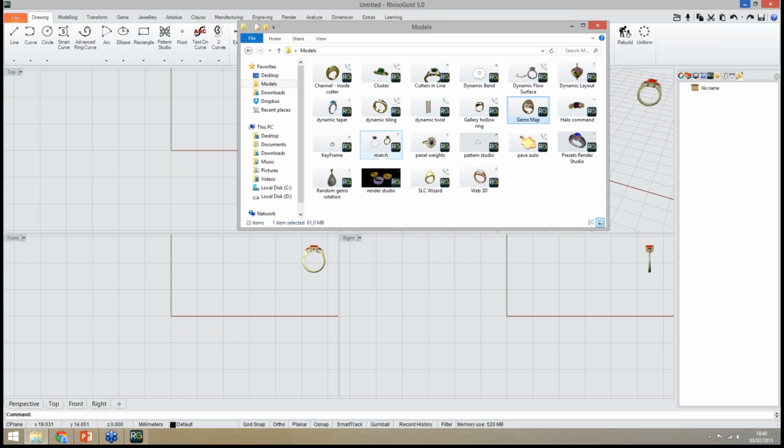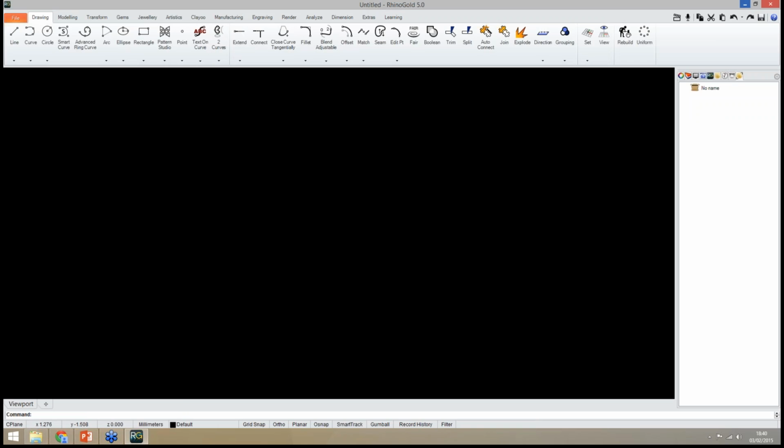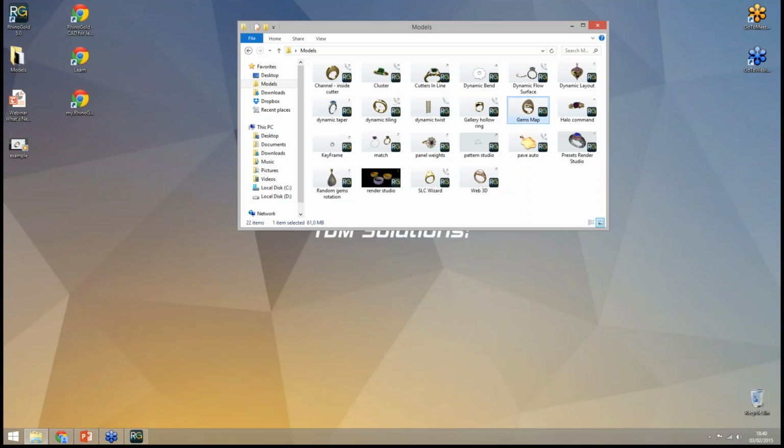Now I think everything is going to be fine. Okay, probably I saved this file with a different configuration. Let me move forward, and I will show you this later.